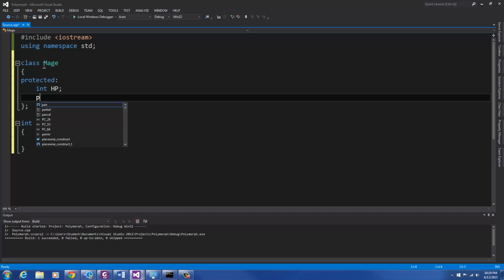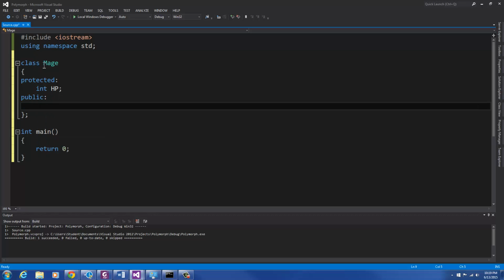And then for the public operations, we'll need a constructor and maybe a method to cast spells, right? So to define the constructor, same name as the class, we'll pass a parameter of HP,